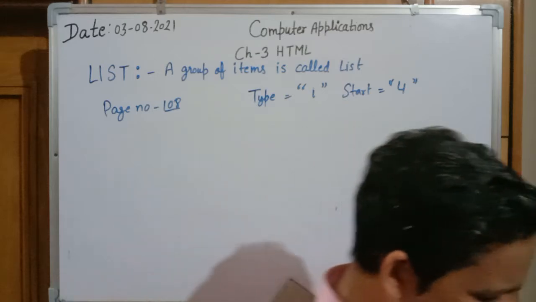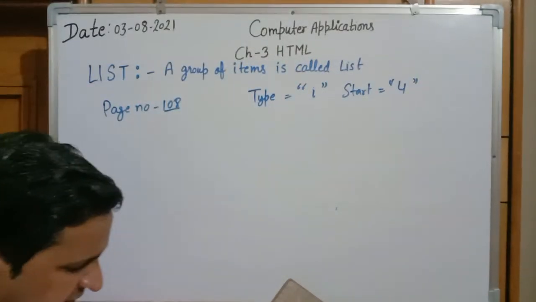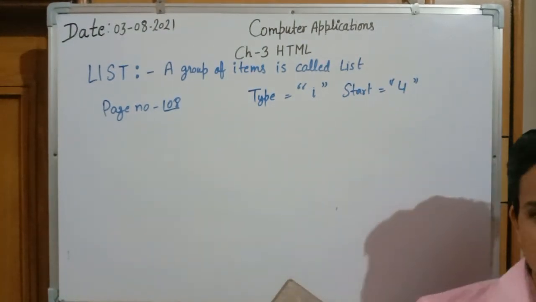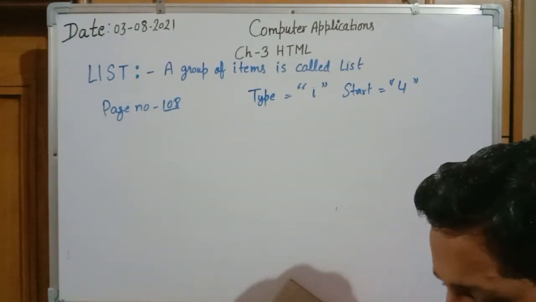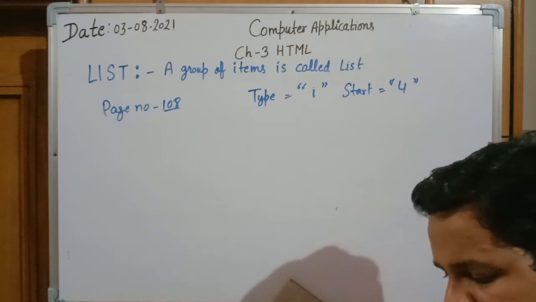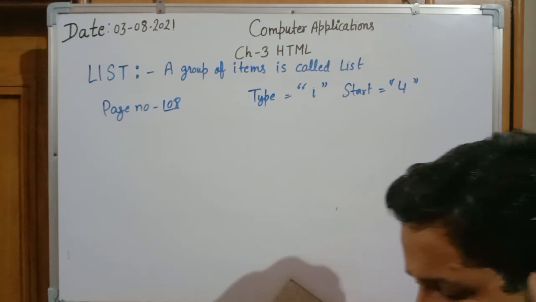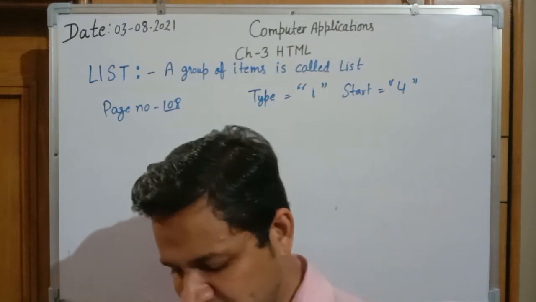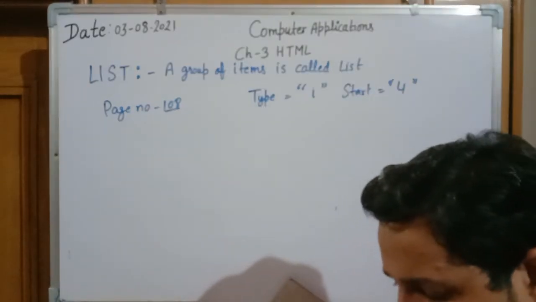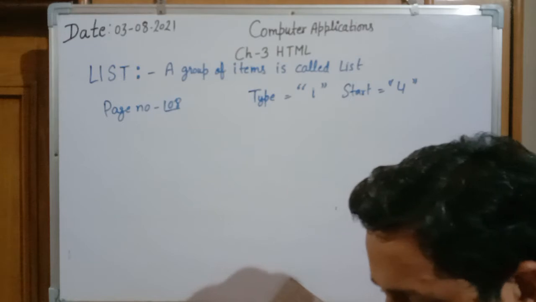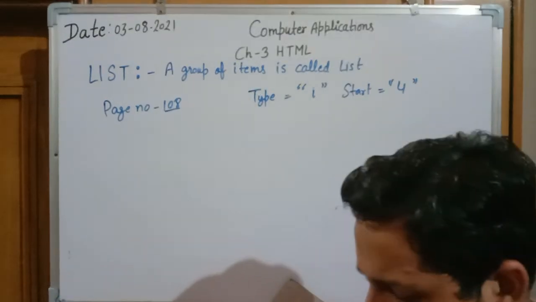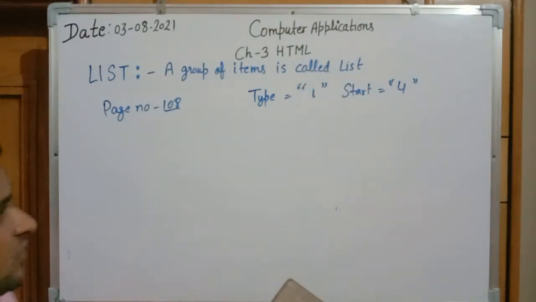Afterward, an H2 heading they have taken, that is My Favorite Fruit. H2 will write the same words in the desktop browser window. See the output at the bottom, it is written My Favorite Fruit. As it is, it will be written. Afterward, for the font they have taken font face Monotype Corsiva, size of font is 6 and color of font will be red. Now which items are arranged in a list? First item is apple, second item is strawberry, and third item is blueberry. See now, 3 items are there: apple, strawberry and blueberry.